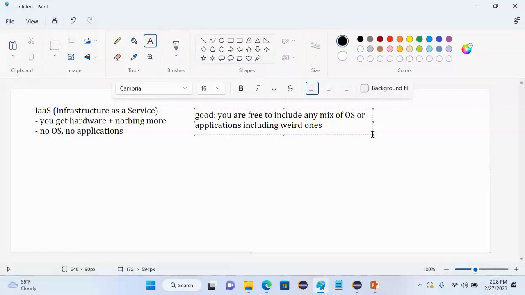Same thing for applications, right? Anything you want to design as an application, if it can run on the operating systems you have, that's fine, you're good to go. The downside, the bad,